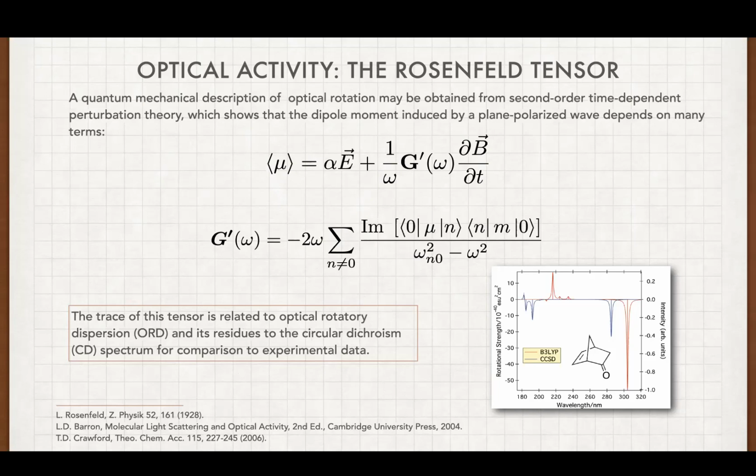And it depends on both the electric dipole moment and the magnetic dipole moment. So in this particular form, as you see here, we have a sum over all of the excited states of the molecule with electric dipole and magnetic dipole transition moments from the ground state to these different excited states. And in the denominator, you have energy differences corresponding to excitation energies and the external field energy.